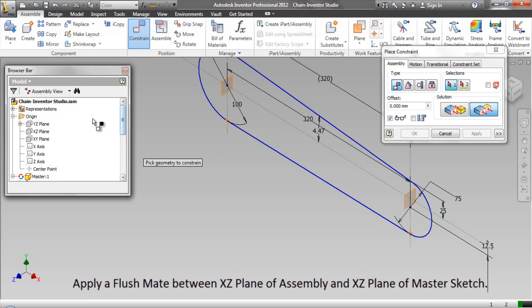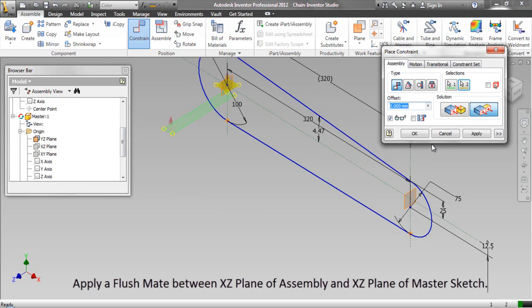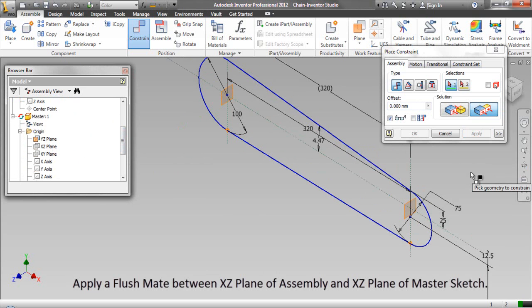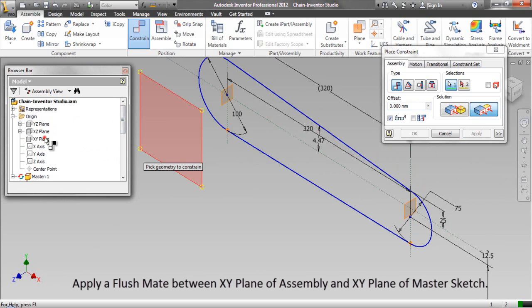Apply a flush mate between XZ plane of assembly and XZ plane of master sketch. Apply a flush mate between XY plane of assembly and XY plane of master sketch.